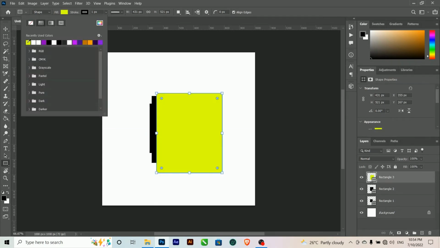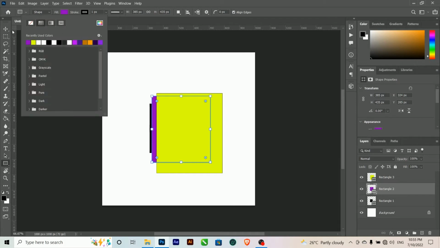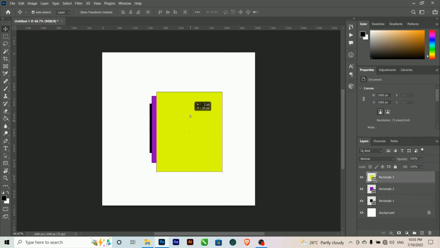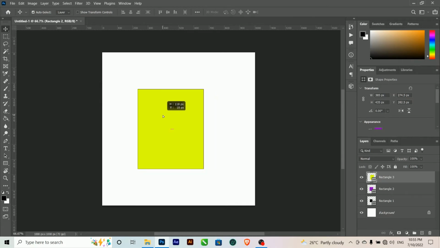So let's change the colors of each one. Here, as you can see, this rectangle is the topmost one, so that's what we can see. While the one at the bottom, because it's sticking out, that's why we can see it. If I decide to use this one and cover this, you wouldn't know that those rectangles are